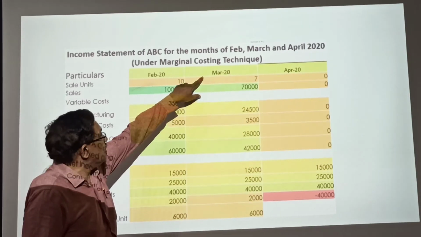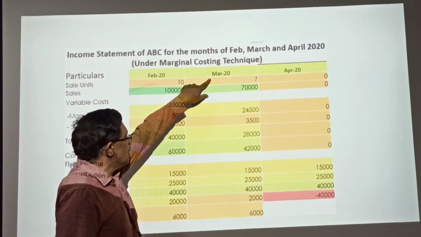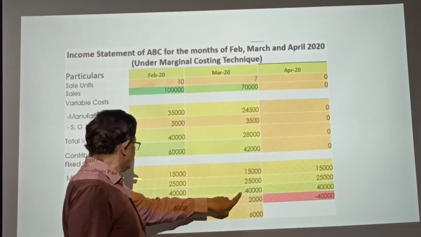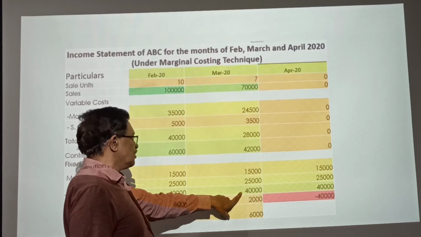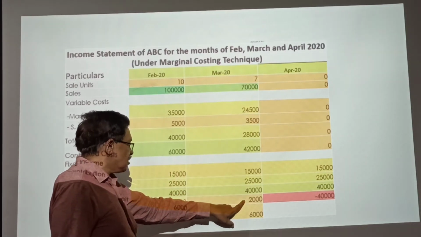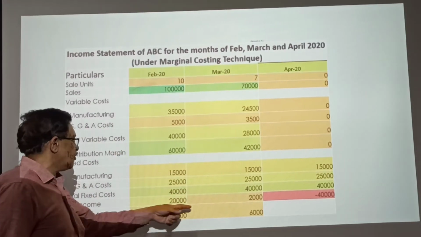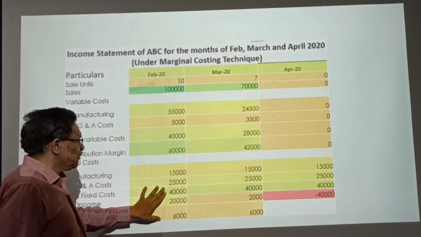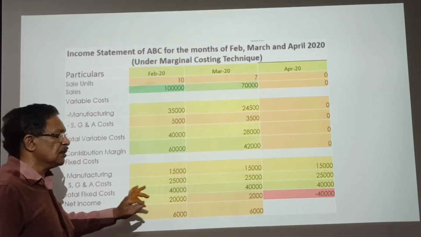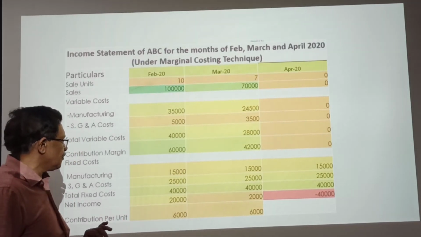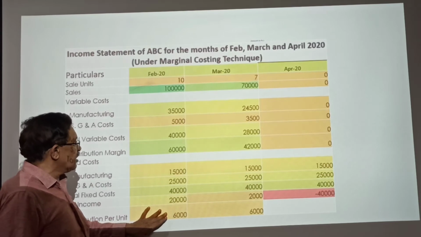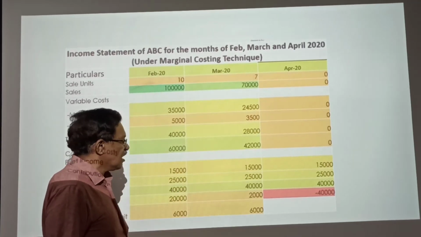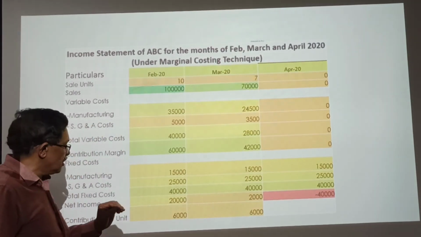Here, let us see what is happening in the month of March. Here also, my contribution margin is 42,000, whereas my fixed costs are 40,000 rupees. Now, I am still making 2,000 as a profit. What is important here is the contribution rather than the net profit for decision making. If you see the contribution margin in the month of February and in the month of March, it is one and the same, 6,000 rupees per unit. Per unit contribution